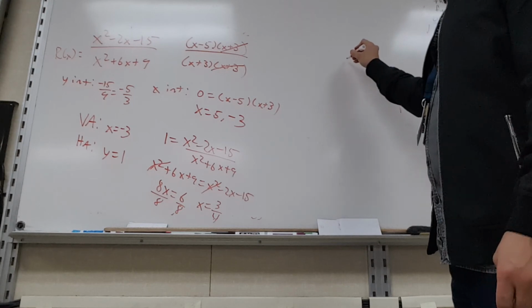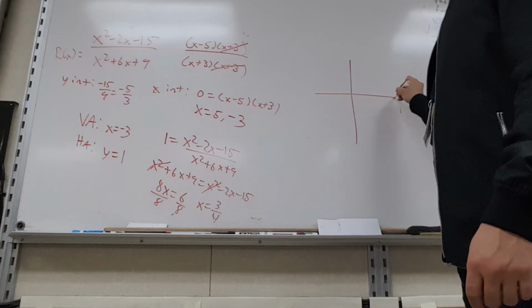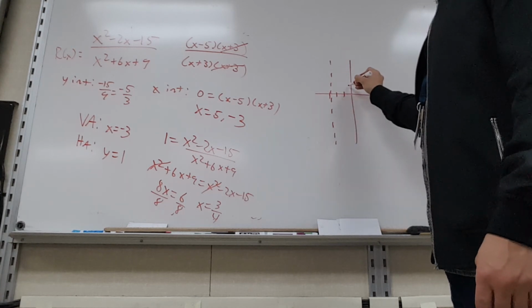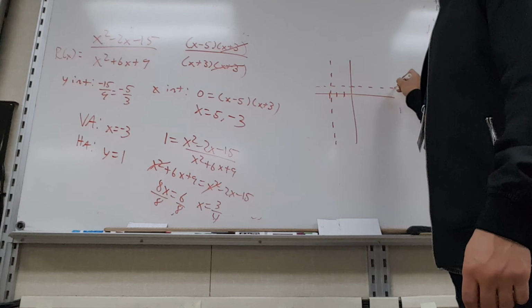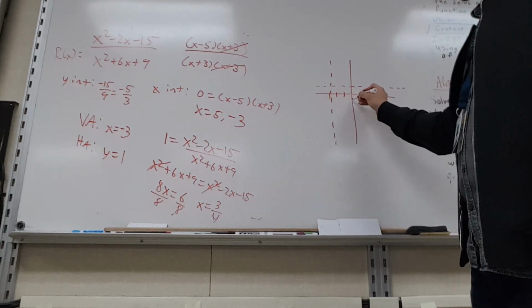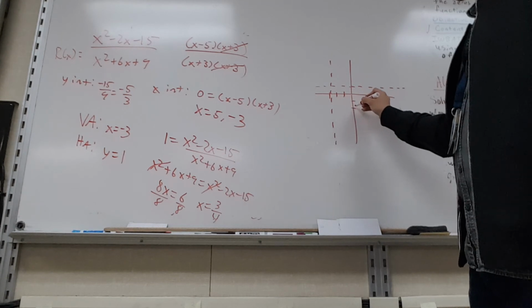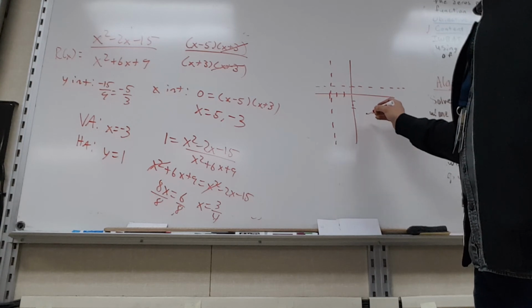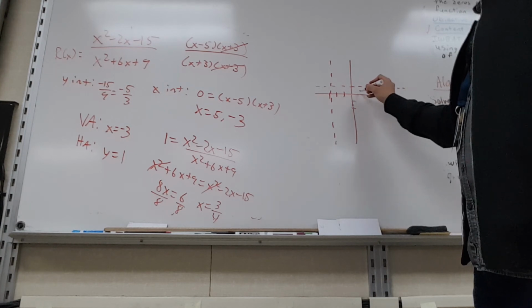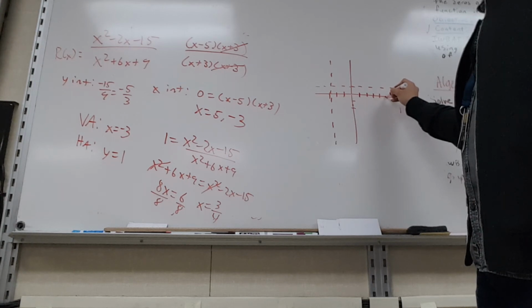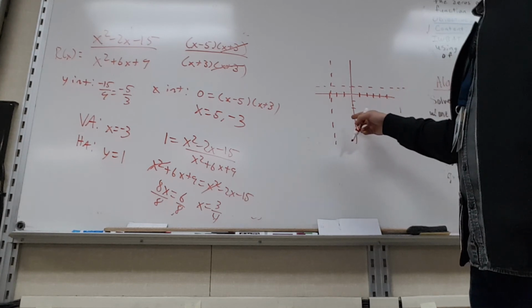So I have a vertical asymptote at -3. I have a horizontal asymptote at 1. I know I have a y-intercept at -5/3, around here. I have an x-intercept at 5. And I have